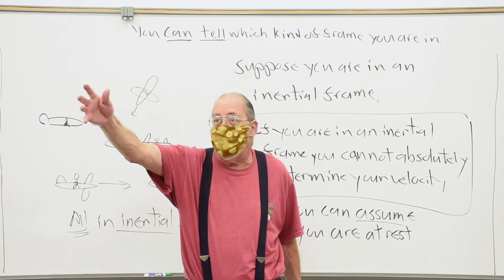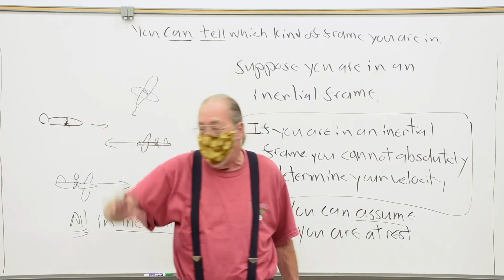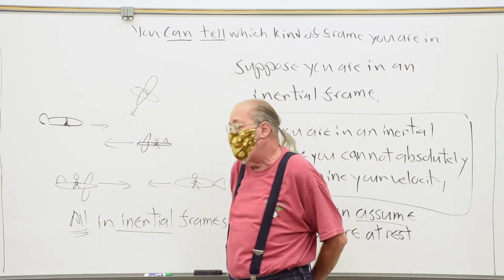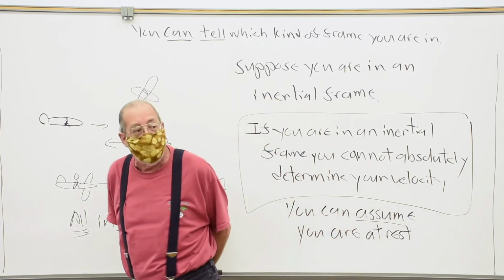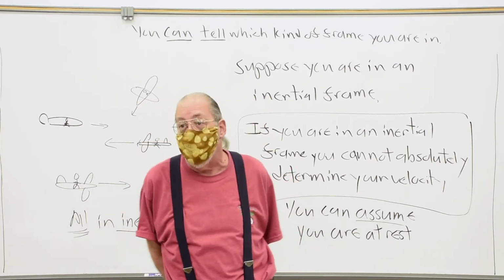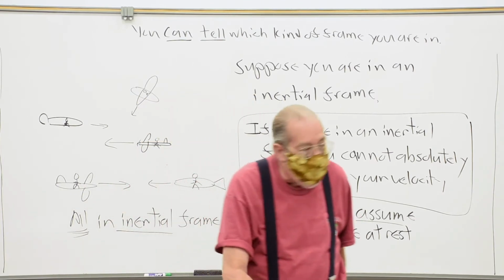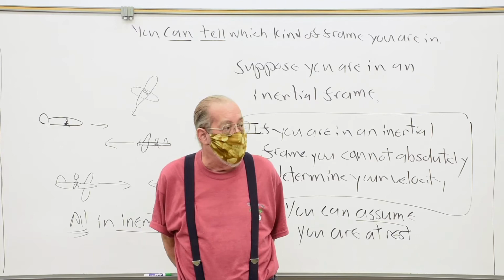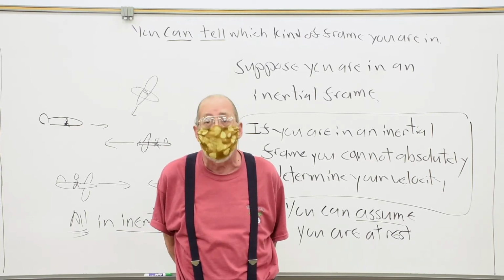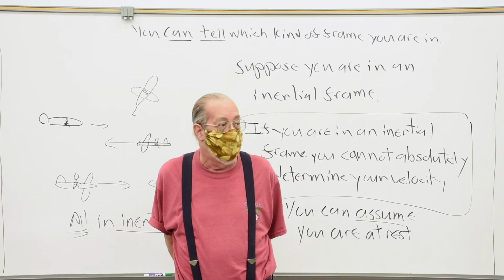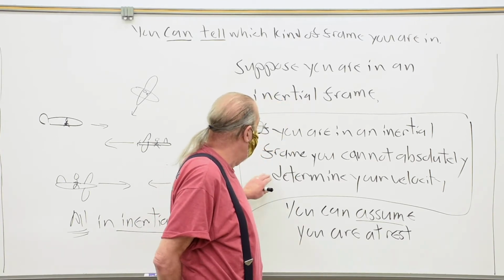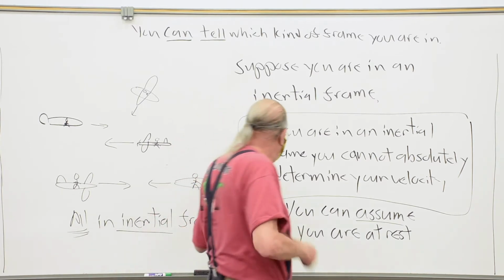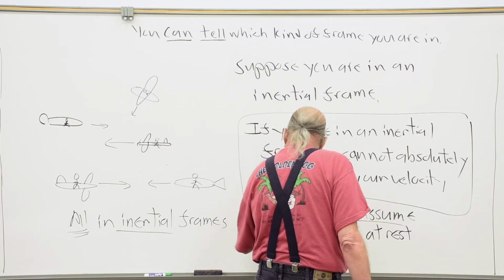We look out and we see other stars approaching us or receding. Imagine this is the whole planet. We see stars out here approaching us or leaving or receding from us. We can measure that by looking at the light from the stars, by the way. That's how we can tell. But the question comes, well, are they approaching us or receding from us, or are they sitting still and are we doing the moving? You can't tell. If you are in an inertial frame, you cannot absolutely determine your velocity, which means you can't determine whether you're moving. You can't even determine if you're moving.